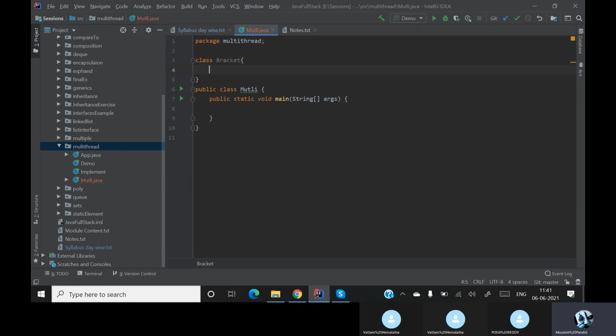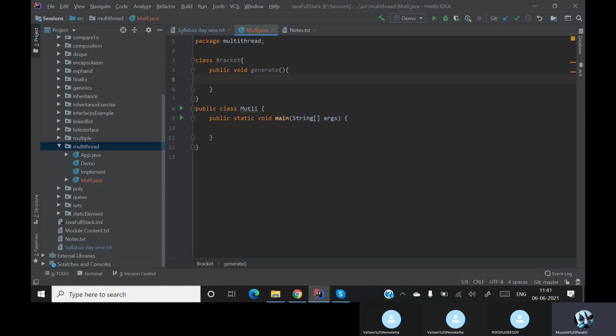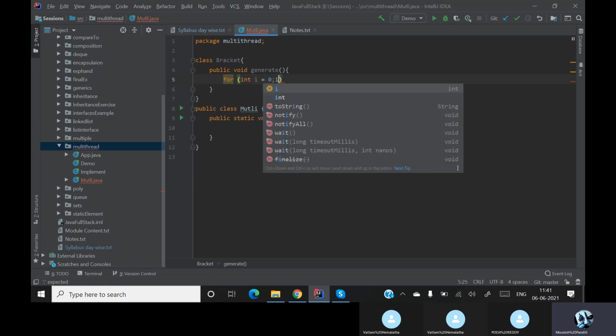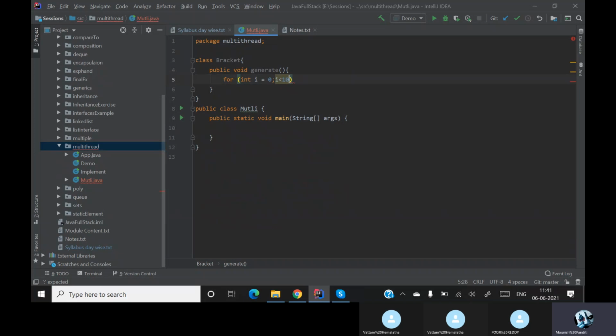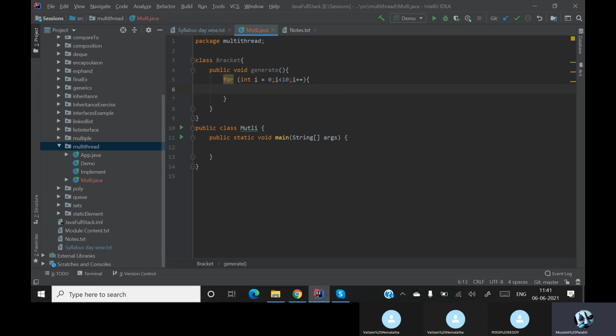This particular bracket class has a method, the generate method. What does this method generate is the question. This method is basically generating a set of brackets. I want 10 brackets, so a for loop from 0 to 10, so that it will give me 10 brackets.